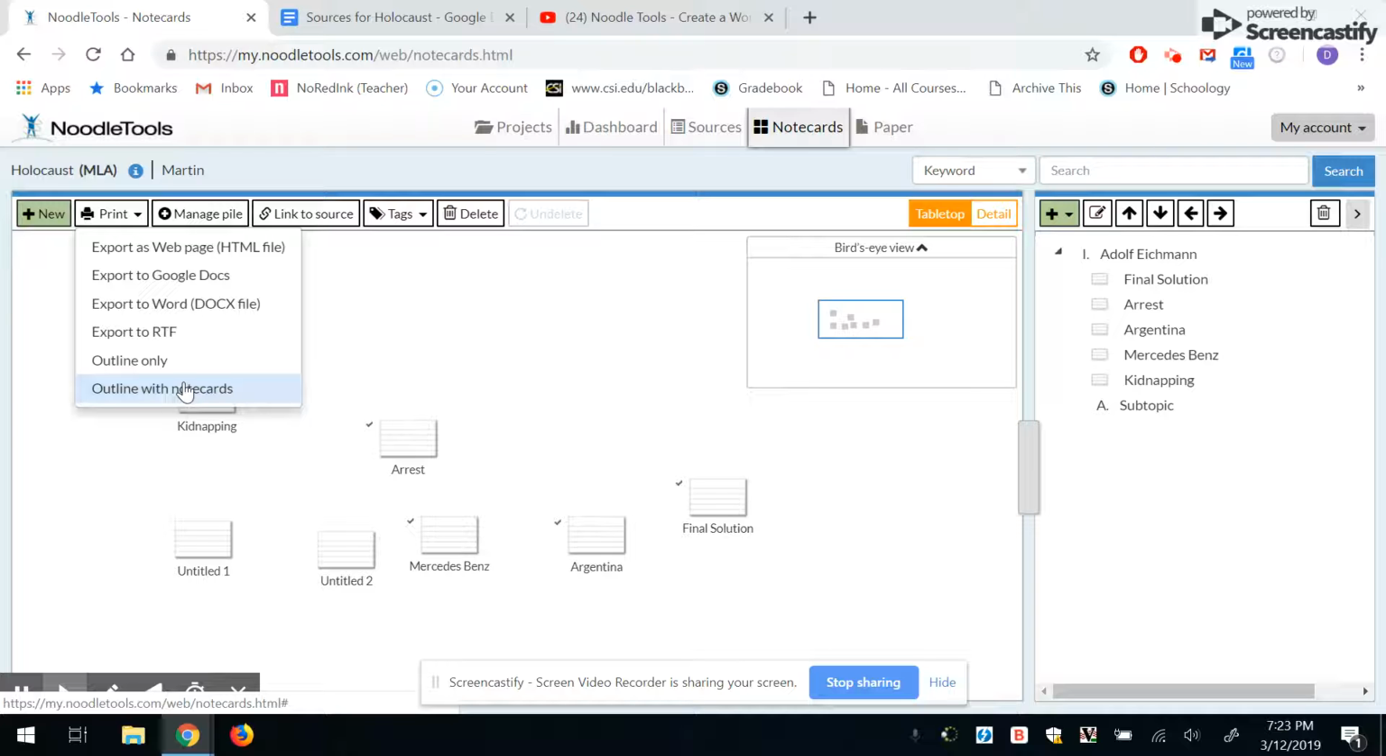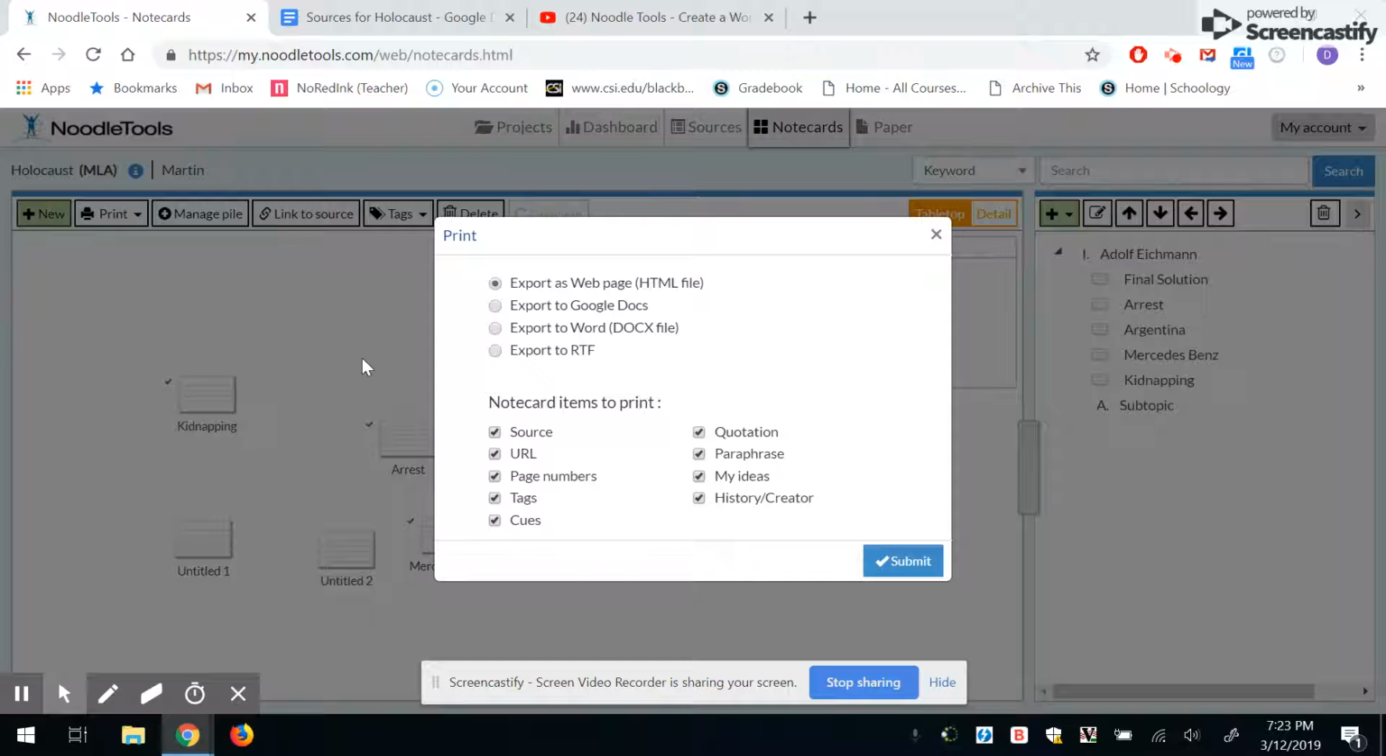So when you do your outline with note cards, make sure that's what you're clicking on. Boom. And then it'll give us the opportunity to export that to Google Docs. So Google Docs is the second step here, but that's an important second step because otherwise it's going to mess things up for you. Now, it gives us a whole lot of note card items to print,